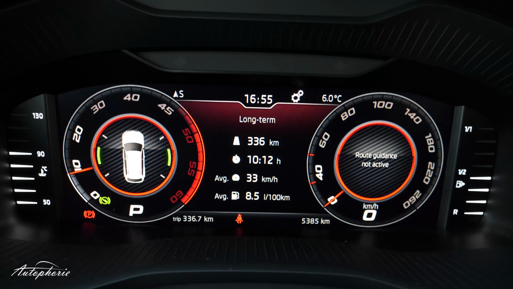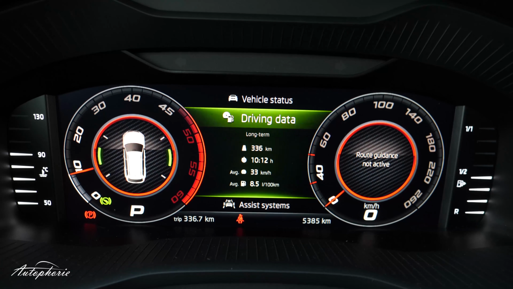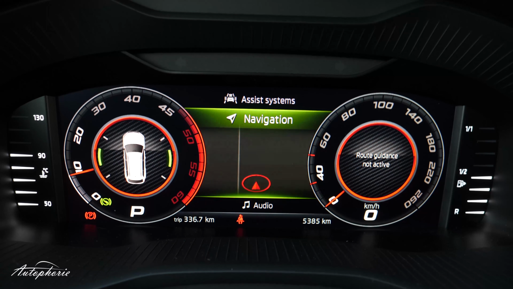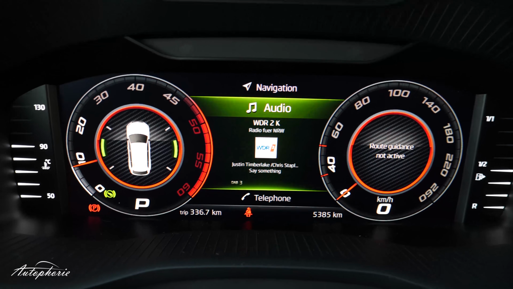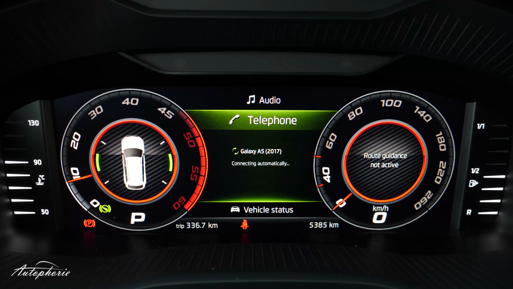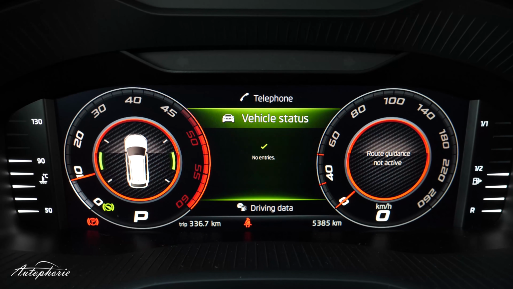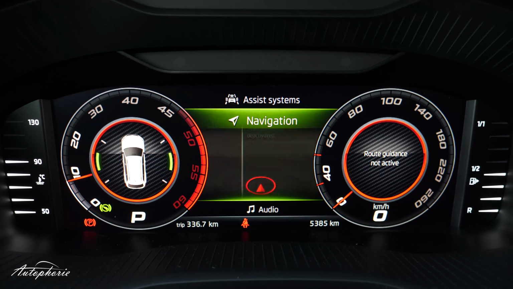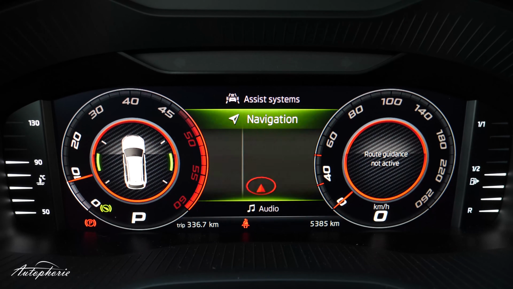And for the center part, you can change that on the steering wheel as well. Your driving data, your assistant systems, the navigation, your audio, and also the telephone or the vehicle status, which is actually fine.